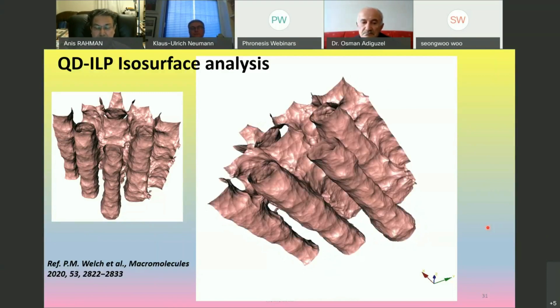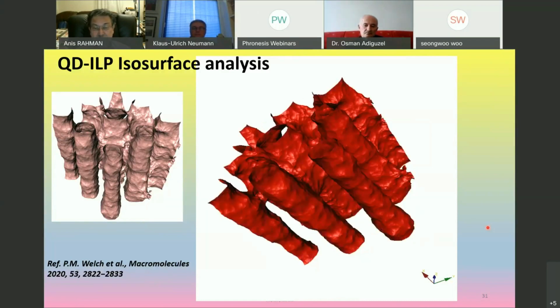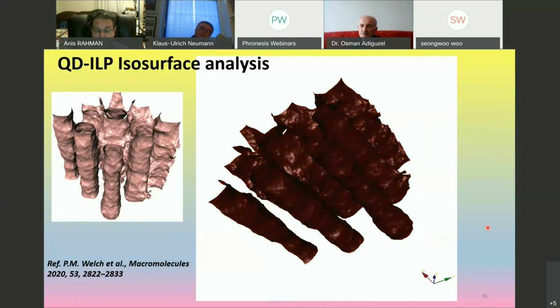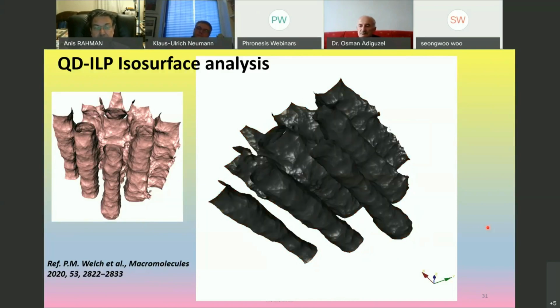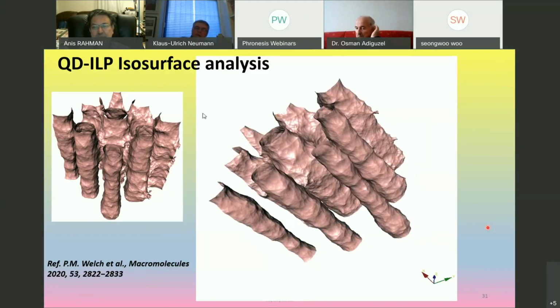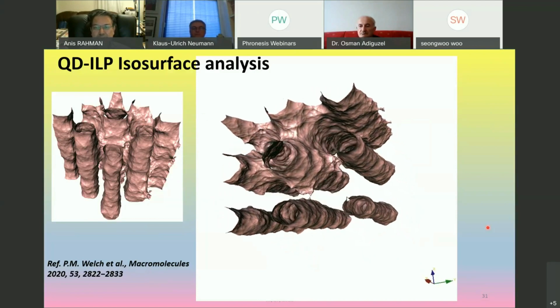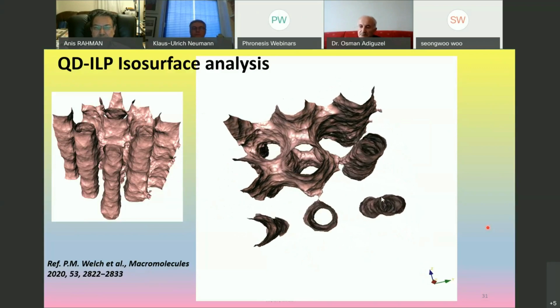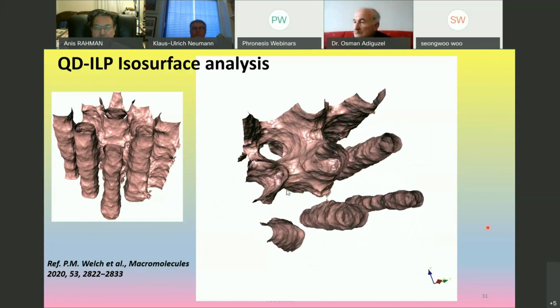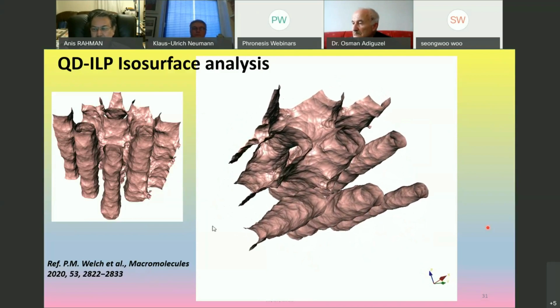This is a 500 by 500 by 500 cubic nanometer volume. Within that, the isosurfaces are showing that the polymer cylinders, there are smaller ones, there are bigger ones, concentric cylinders, but they are distributed. And you can rotate it, you can zoom it, you can inspect from all different kinds of sides and angles. So